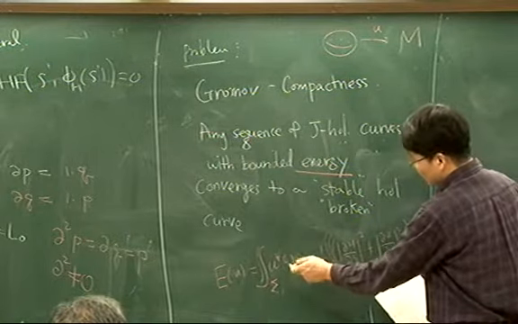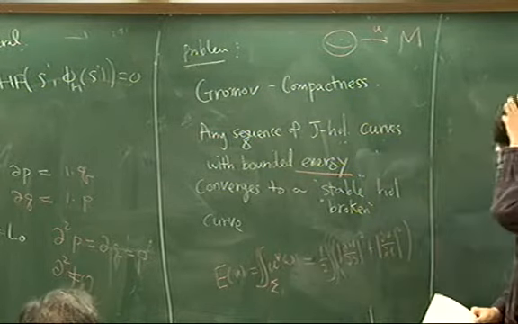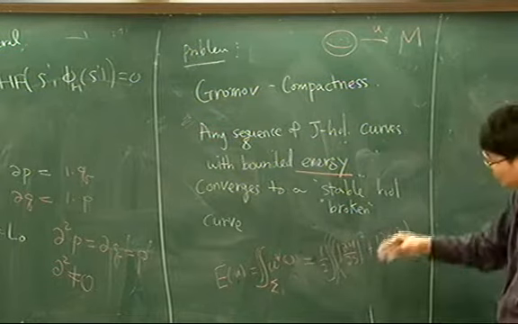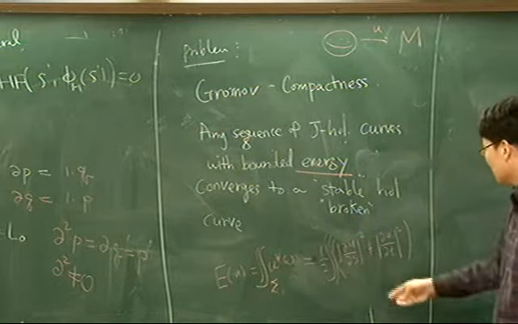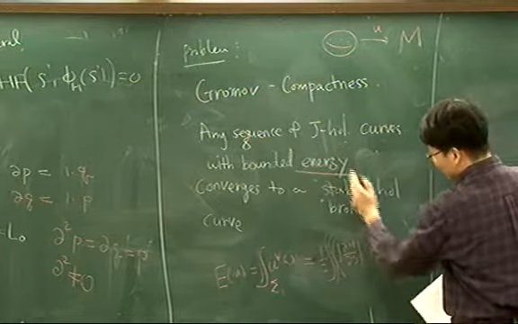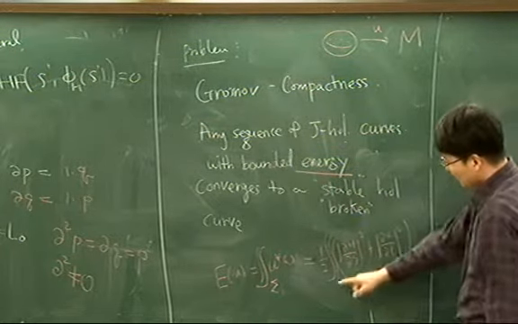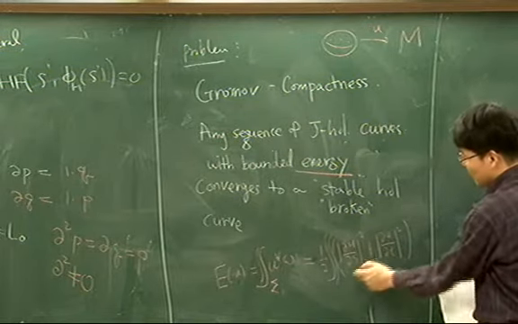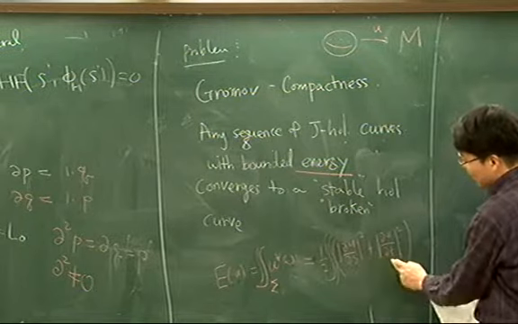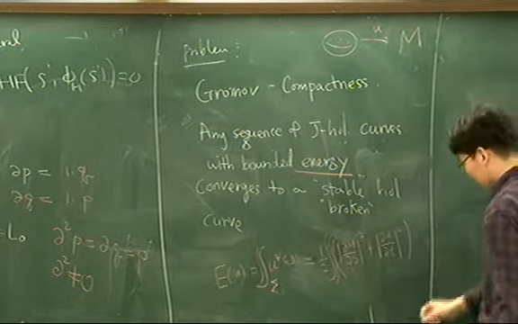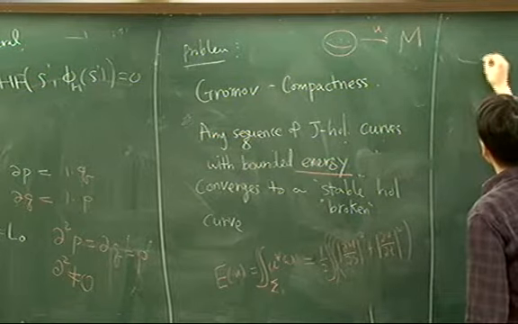Because of the relation of the symplectic form and the metric, if you impose the relation between the complex structure and so on. So somehow, if it's bounded energy, you have some bound on the integral of your differentials, but the problem is that the integral is bounded, but individual differentials might blow up at certain points. So that's what happens. So if you have a sequence of maps,